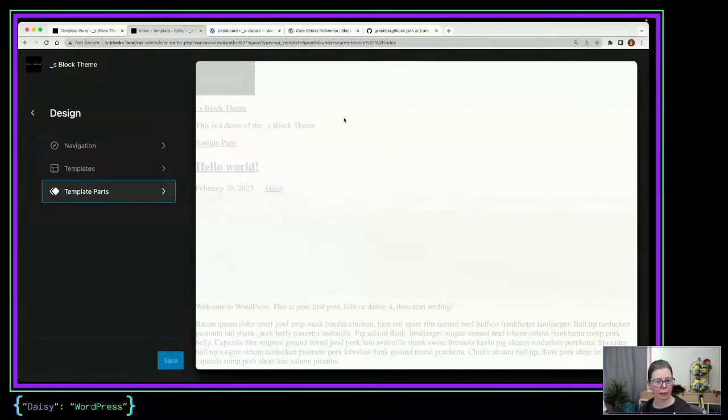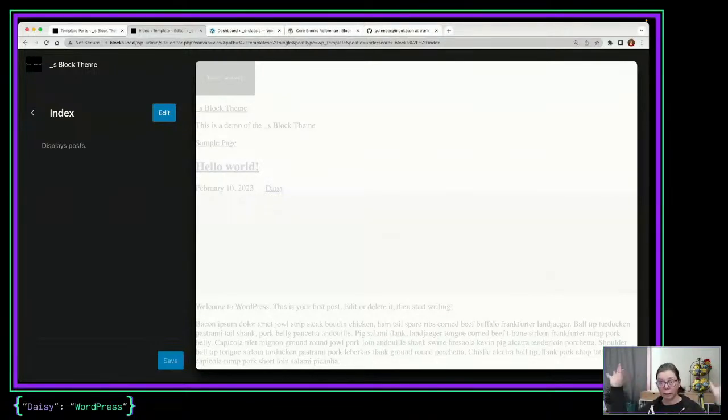If you want to, it's grayed out, you want to see what else you can do from in here, you can navigate around. And if you click in further, then it'll give you a little description here of whatever the template is or a part is. And then there's this save button down here at the bottom that allows you to save all of your changes across your site that have been made while you're in this session of the site